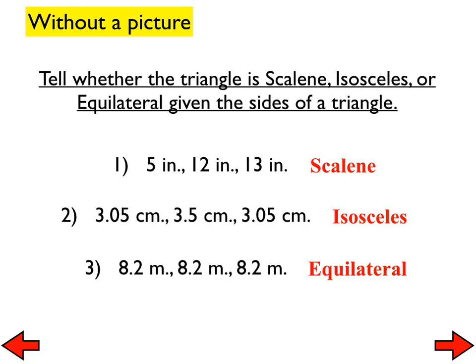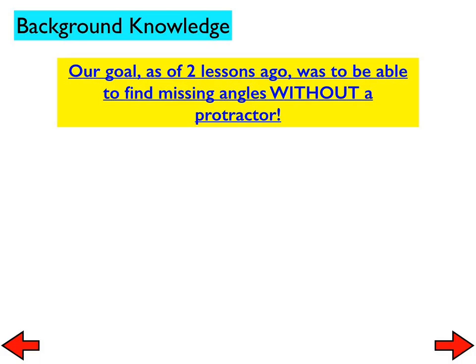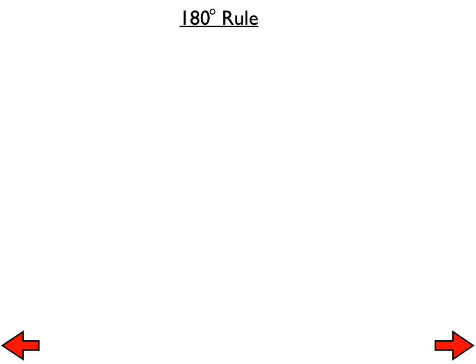All right, so let's return to the idea of talking about triangles and the angles inside of them. You may have talked about this last year, but even if you didn't, it's an easy concept. Our goal as of 2 lessons ago was to be able to find missing angles without a protractor. We can do that within any triangle if we know 2 of the 3 angles, and that's because there's a rule with respect to the angles inside of a triangle, and sometimes it's referred to as the 180 rule or